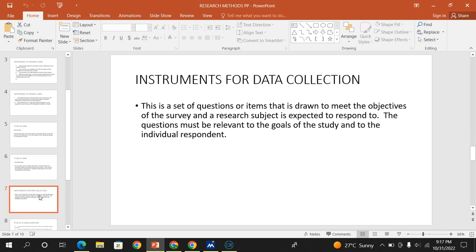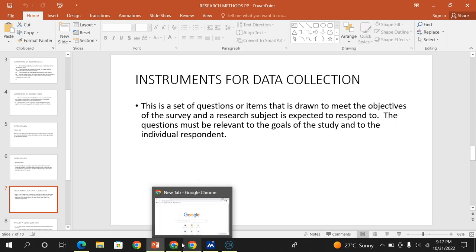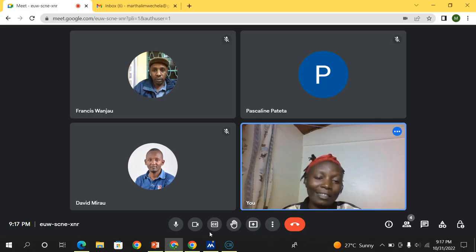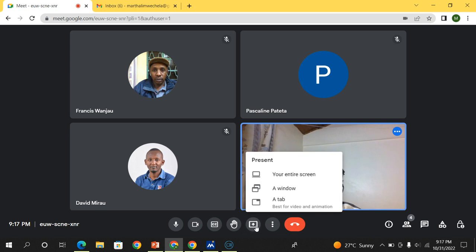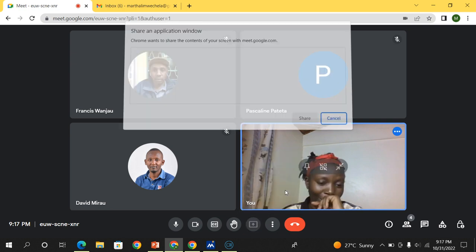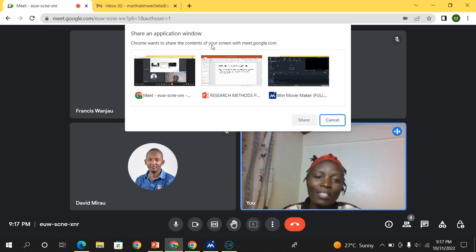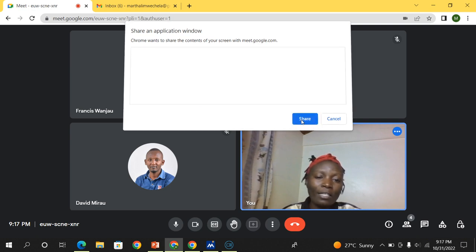Then we move to the instrument for data collection. We want to know which kind of instrument we'll be using to obtain the data. First, it's all about interviews. Interviews is where you ask someone